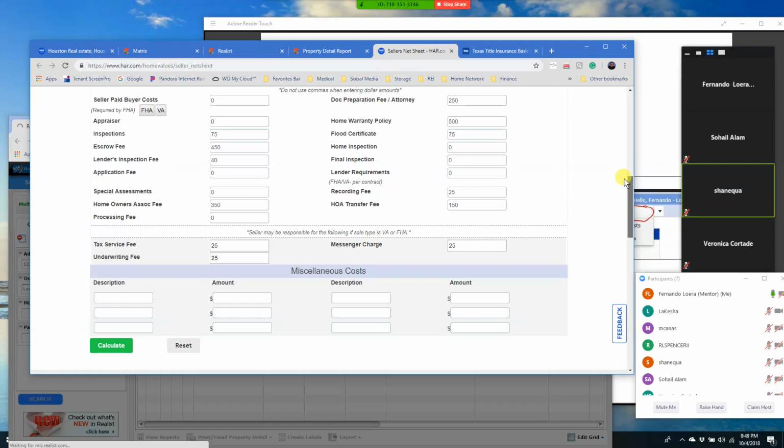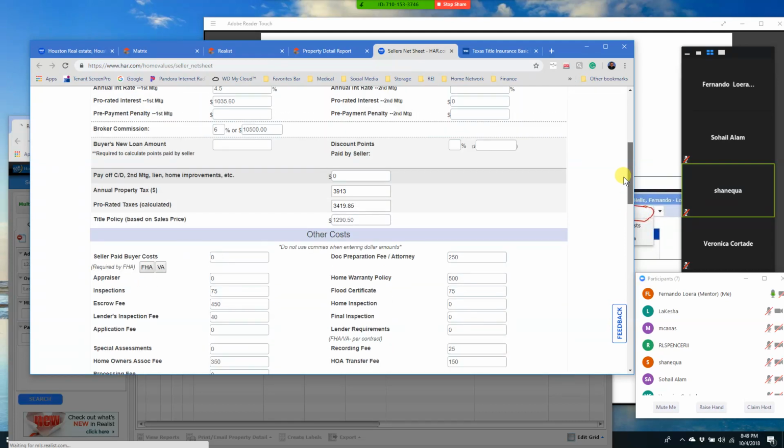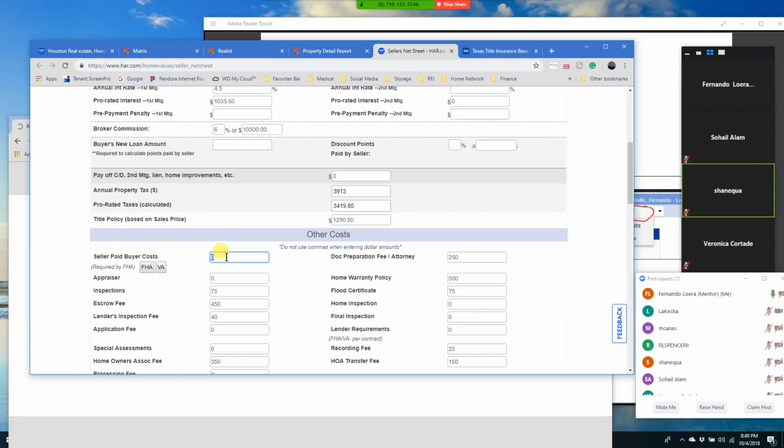Another thing is I'm trying to see if there's a section in here. Okay, seller paid buyer costs. Now this field right here you're going to use if for some reason, when you're talking to your seller, the seller tells you, hey, I'm willing to pay up to $3,000 towards buyer closing costs. If they ask, of course, we're not going to offer it, but if they do ask,